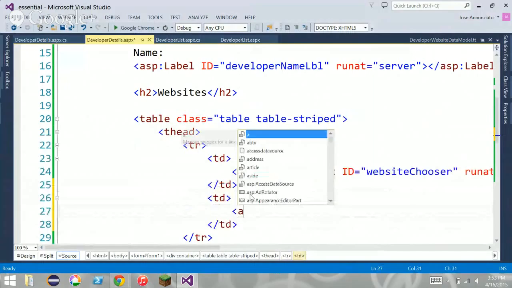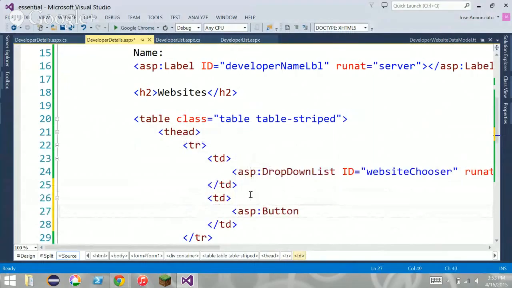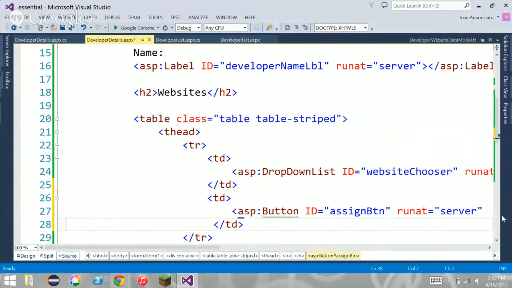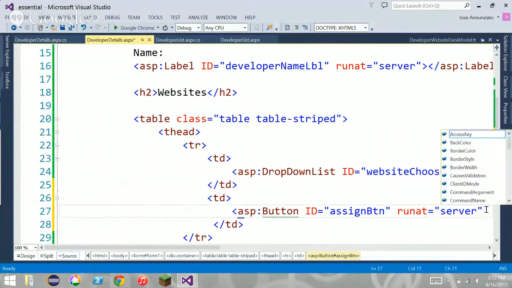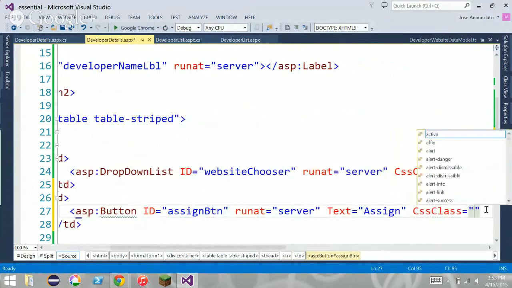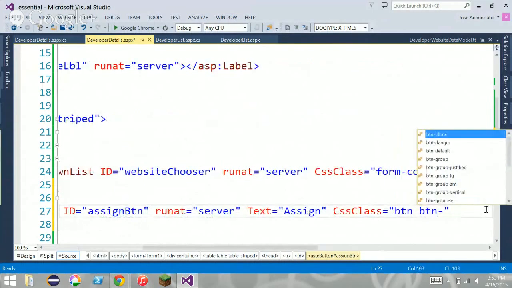It'll be an ASP button with ID assign button, run at server. Oops. We'll say the text is assign. We'll say that the CSS is button primary,